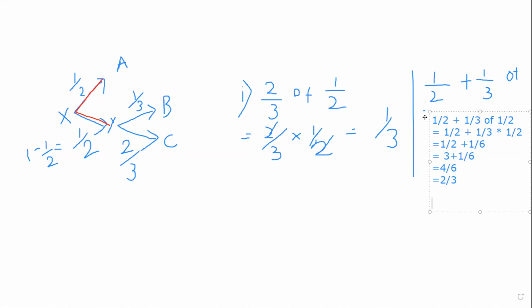So if you want to find C, you have to subtract that from the whole. The whole, you consider it as 1. So 1 minus 2/3 is equal to the portion obtained by C. So 1, we will take it as 3/3. 3/3 minus 2/3. So that is equal to 1/3.